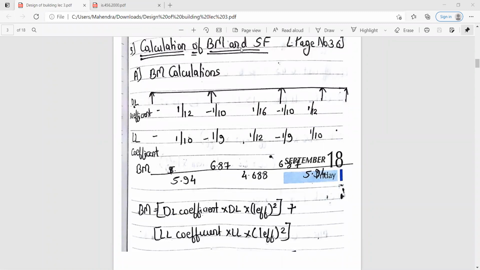After completing, let me know all your bending moment calculations.